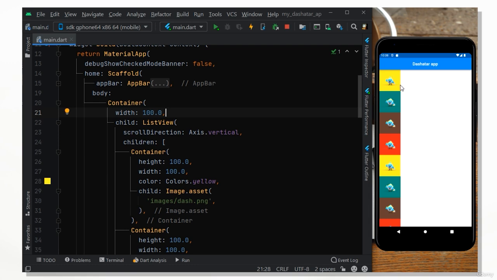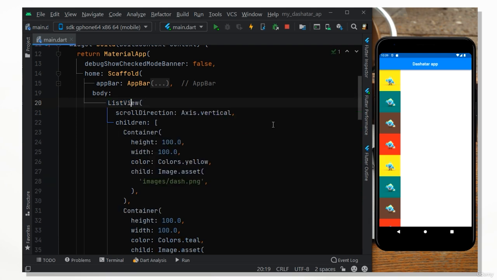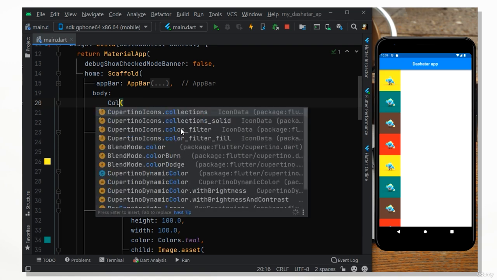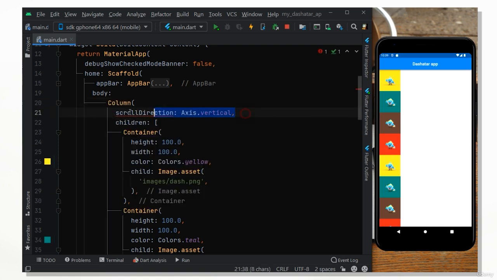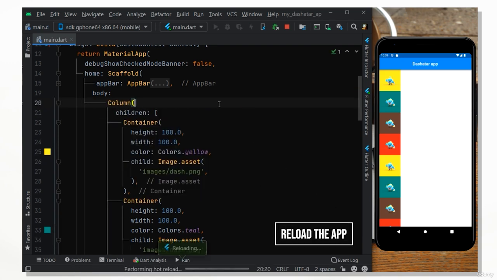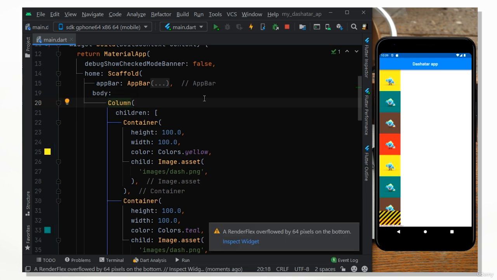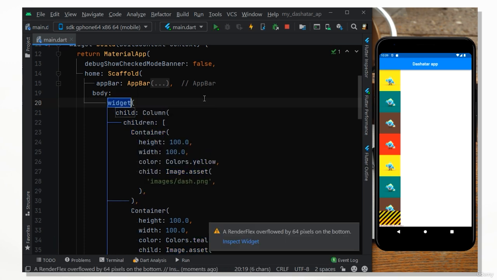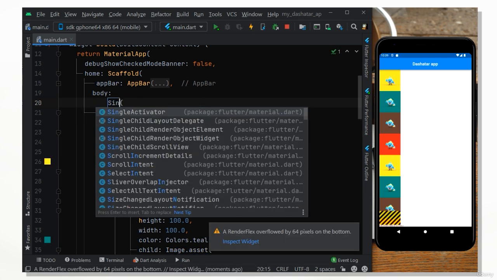You can also use different types of scrolling widgets. There are a lot of them indeed. Let me show you now a single child scrolling widget. First, let's remove the container and convert the list view to a column. Then remove this scroll direction. Let me reload it. We can now wrap the column with a widget called